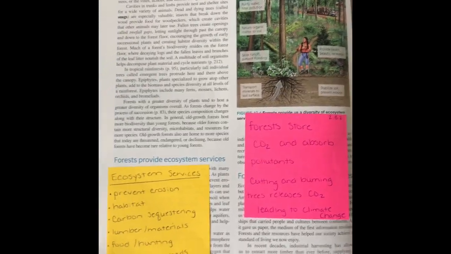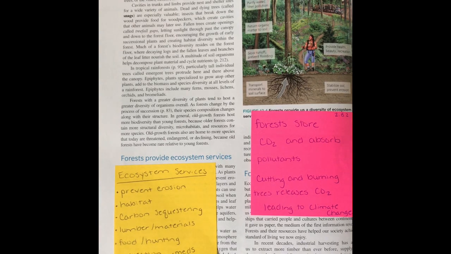Ecosystem services that are brought on by forests are immense. They offer so many, like the prevention of erosion with root systems, habitats for organisms, carbon sequestering, and in return oxygen as photosynthesis is occurring. They are recreational beauty, as well as medicine producing. You can have food sources through hunting and gathering of various materials as well, like lumber and paper, a lot